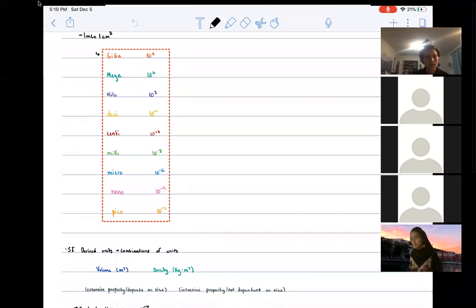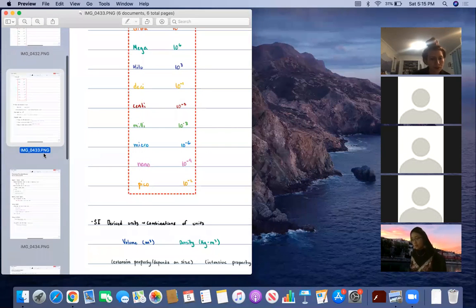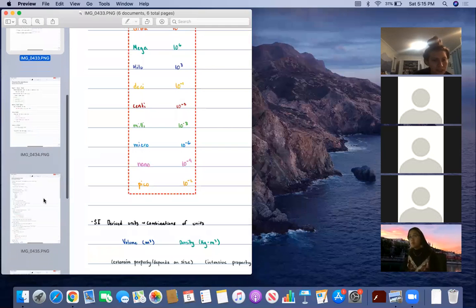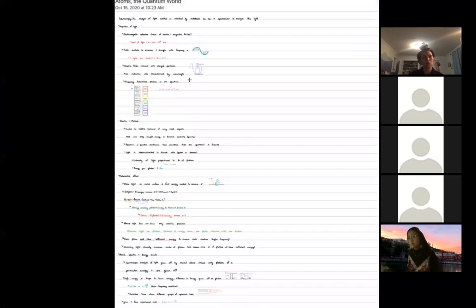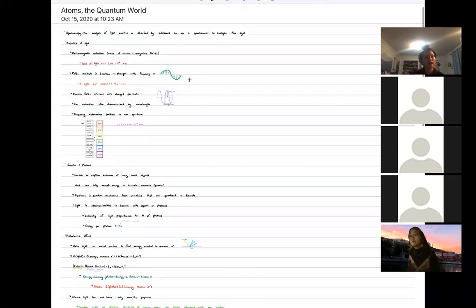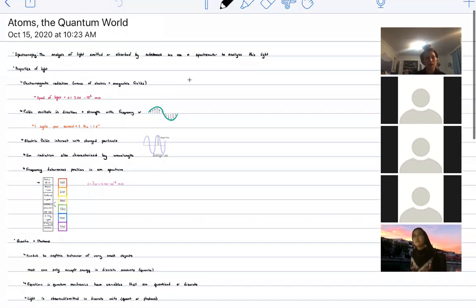Okay, so if there's no questions on those, then I am going to start with our very first section, which was everything we did leading up to midterm one. And that was all wavelengths and how light has both wave and particle like functions. So, starting off,